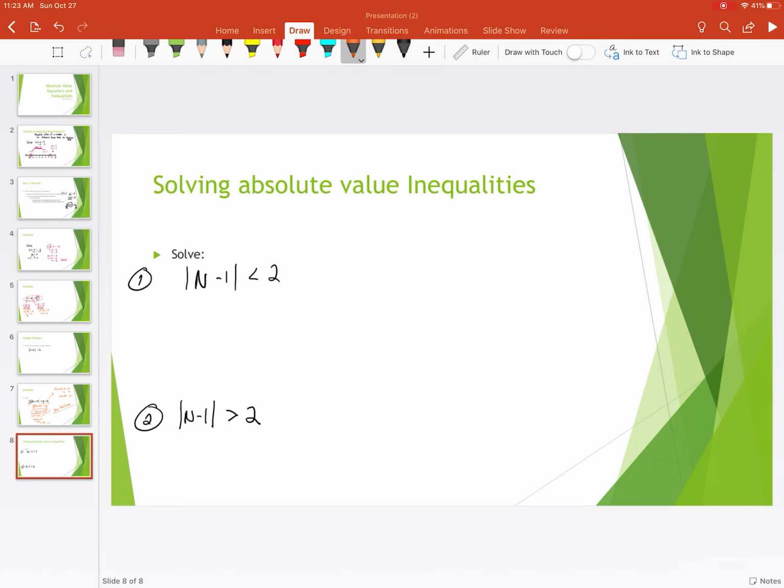Now let's take a look at these guys, and we're going to graph these because something interesting happens when we do this. We get some pretty cool, what we call compound inequalities. So notice that we're doing inequalities now, but all the standard rules of solving absolute value equations, and from what we know about how to solve inequalities, we're combining those now to do absolute value inequalities. So, let's say